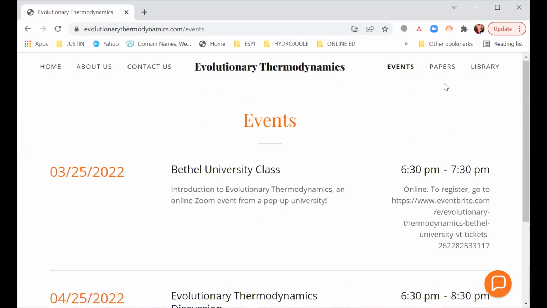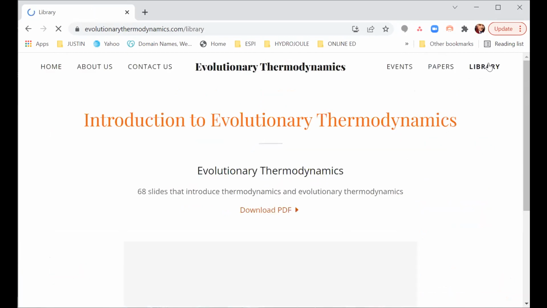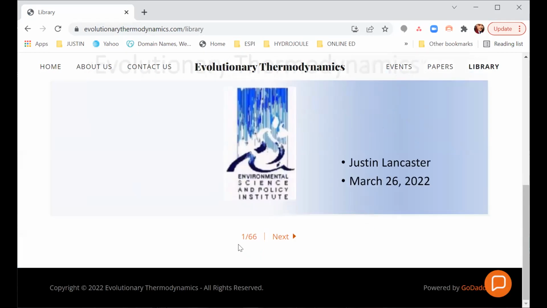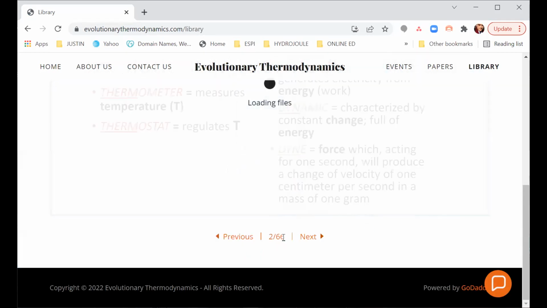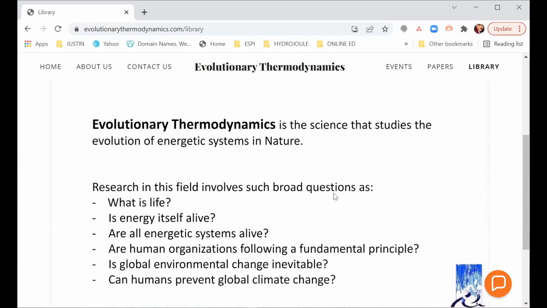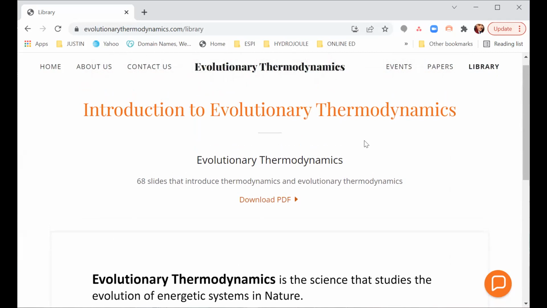Then the library here, I have to get this moved so I can click on it. The library is the presentation that I'm going to give to you tonight. So you can scroll right through this thing. There's 66 slides, and you can just click on them. They go one at a time. So you can actually go to the site right now if you want and follow through with your own presentation. You can download it. You can check out and have the whole thing there to read tomorrow. So I'm going to go back and give the presentation from my PowerPoint slides directly, but I wanted you to know that you have access to all of this on this site that I just created.